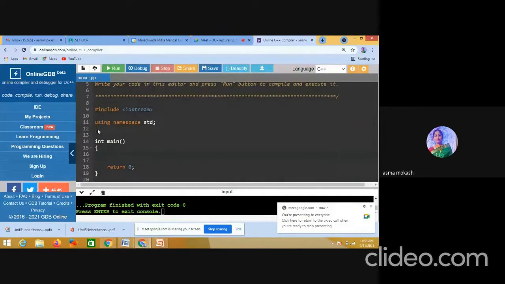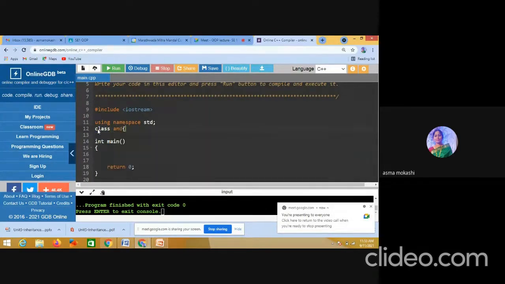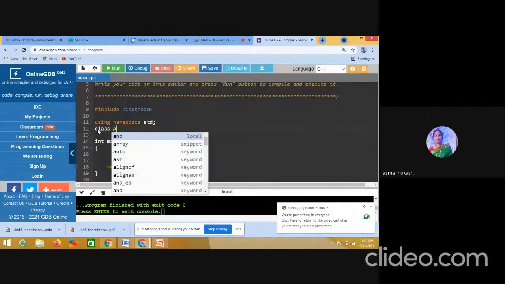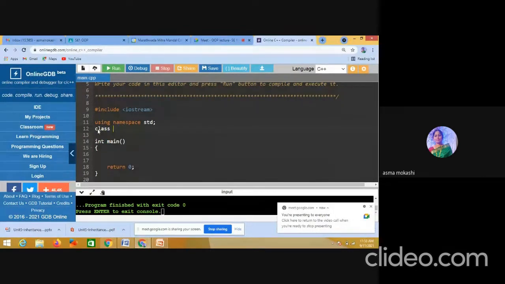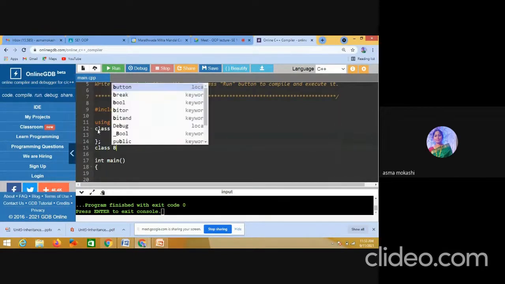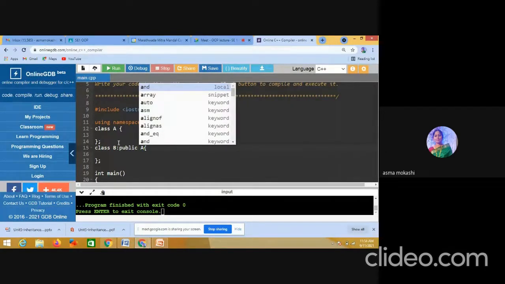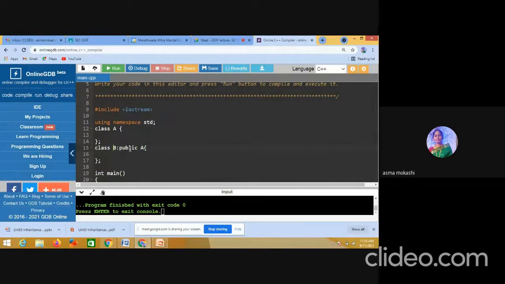I have one class A. And I have one class B. This class B is inherited from class A, so I'm writing public A. I'm writing that B is derived from the A class.